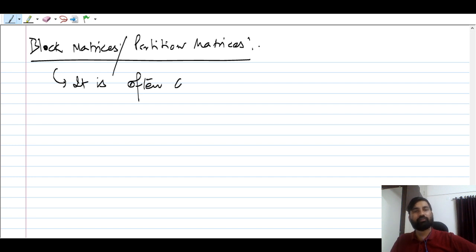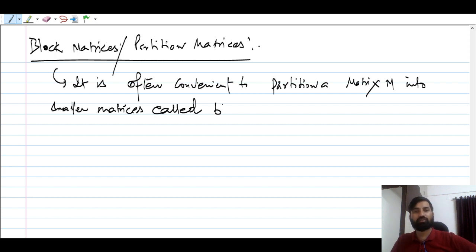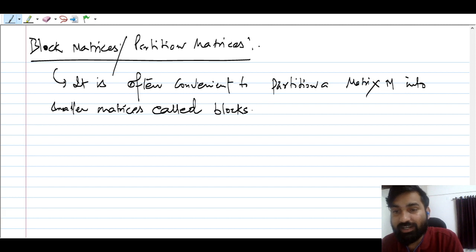It is often convenient to partition a matrix M, capital M you can say, into smaller matrices called blocks, okay, understood? So these kinds of matrices, when there are subjects in electronics, in electrical engineering,